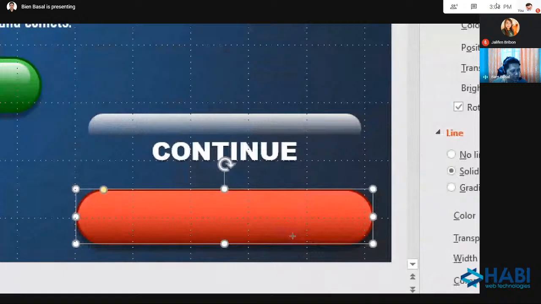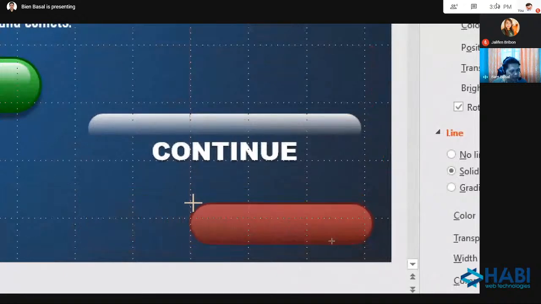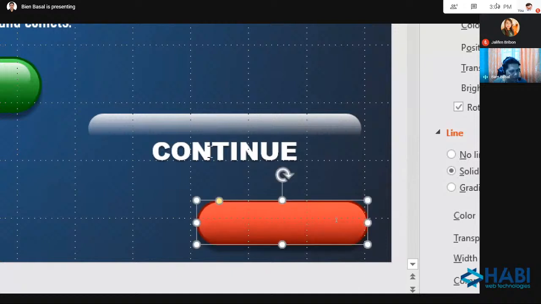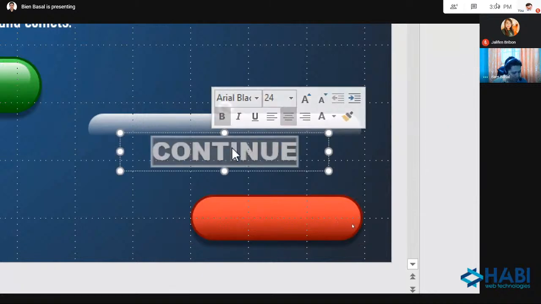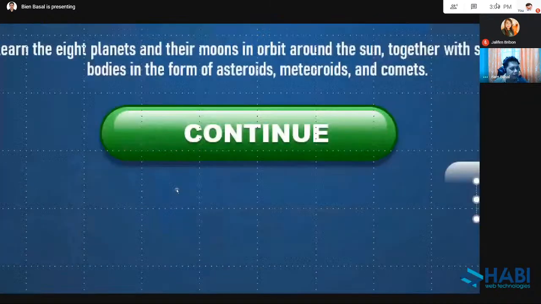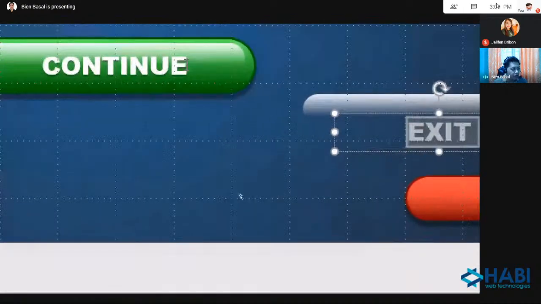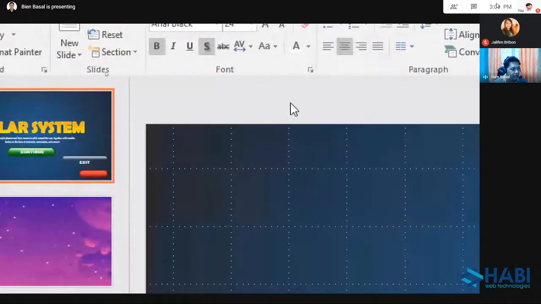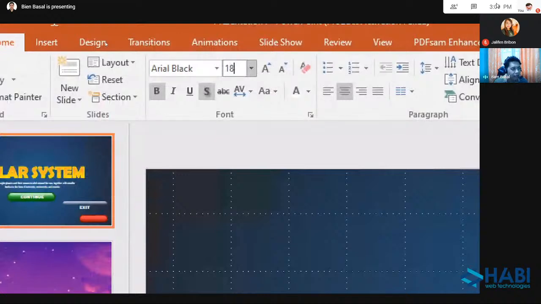And I will adjust the size. Smaller. Ganyan po siya. So, I'm using only 3 columns po ng aking grid. Then I will rename po ito ng exit. And of course, dapat pati yung size ng font natin, dapat liliitan yan. You need to adjust the font size. I will use maybe 18.